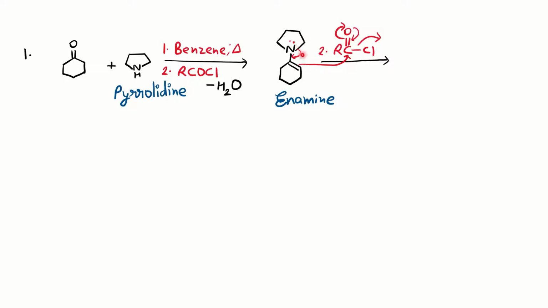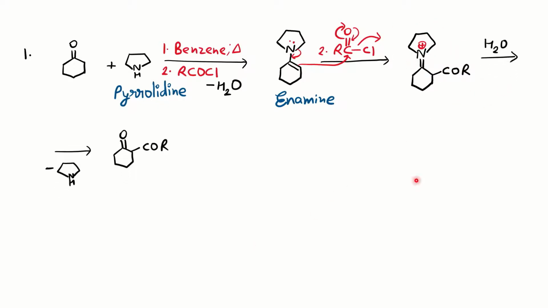As we know, the nitrogen will give its electron to the C-N bond, followed by the C=C double bond giving its electron to the carbonyl carbon, because it is electrophilic in nature, and you will get O minus here. Finally this O minus will come back, form a double bond between C and O, and release the Cl here. So you will get this kind of intermediate where you have the nitrogen as positive charge. So we have already got the alpha substituted intermediate. Now you just have to do the hydrolysis to release the secondary amine.